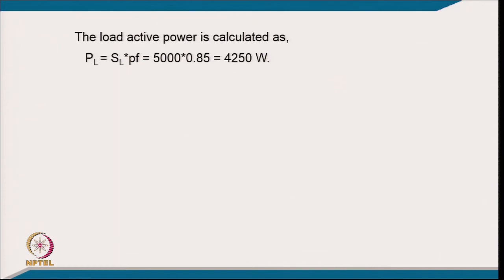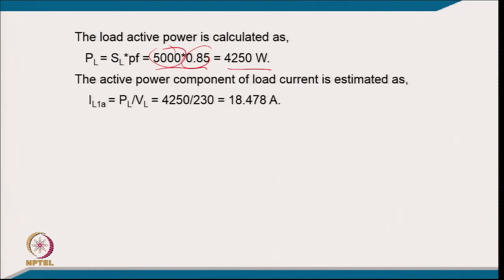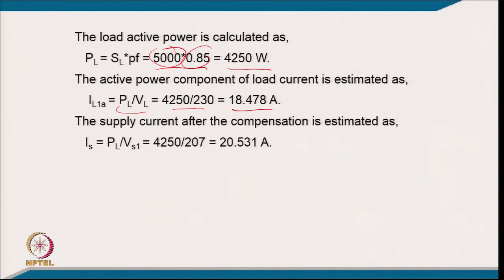So, we know the load active power, the apparent power of the load, and the power factor. So this is the apparent power multiplied by the power factor. This 4250 watt is the active power drawn by the load, and the active power component of the load current is estimated as PL divided by VL. So this comes to 18.478 ampere, and the supply current after the compensation will of course correspond to